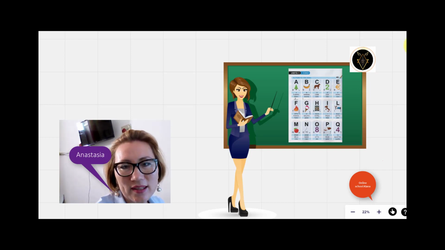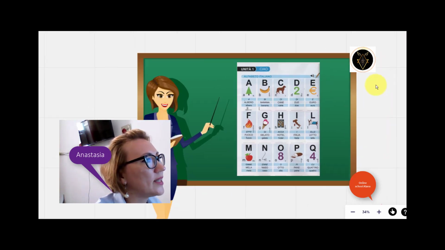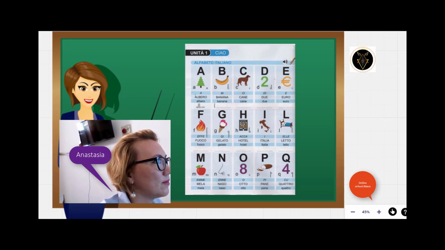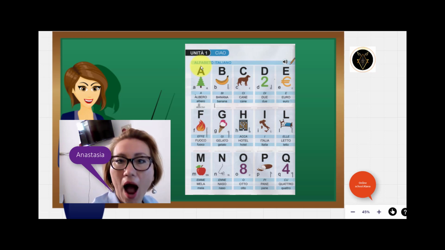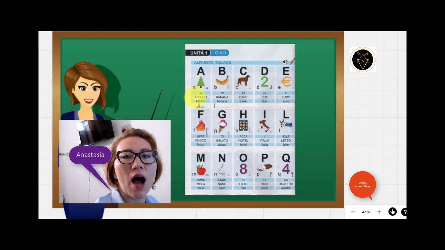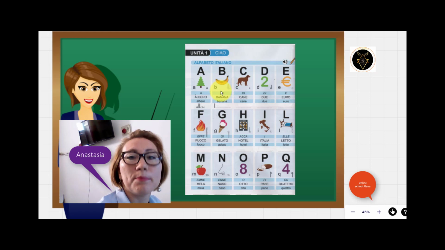The first thing we are going to learn is the ABC. Look at the blackboard. There are some Italian letters. The first letter is A, and the example is albero, albero. That means a tree. The next letter is B,